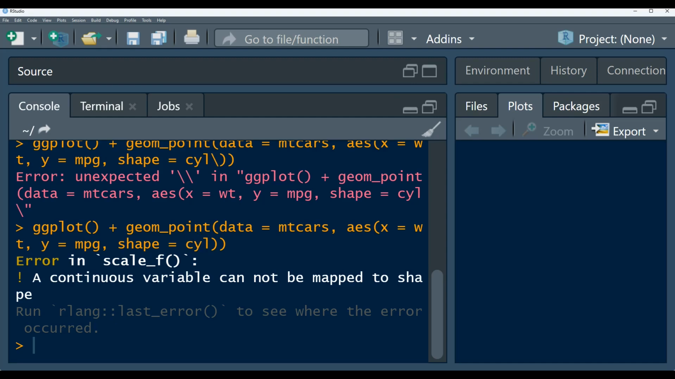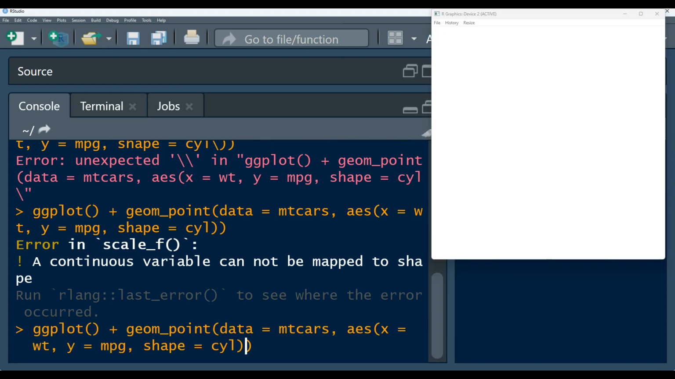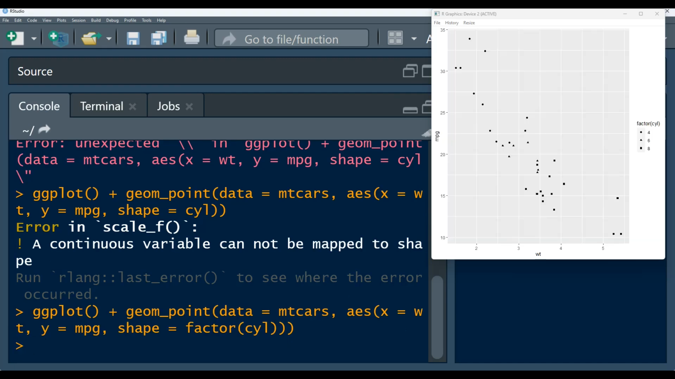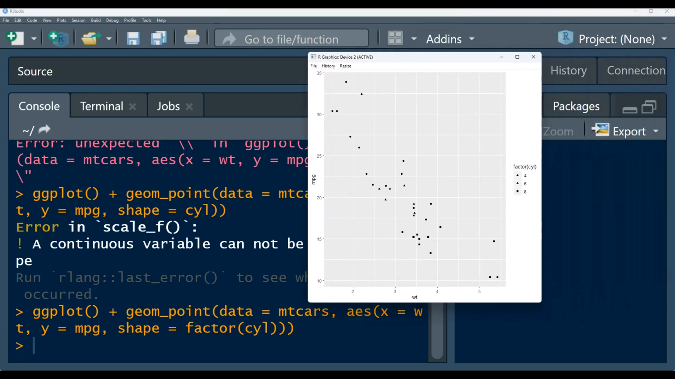So what we need to do first is convert this into a factor. We have to convert this column of cylinder into a factor in order for this variable to be mapped to shape. Let us look here. We want to convert this into a factor. Let's check our parentheses. Now if we try to run this and look at the plot,